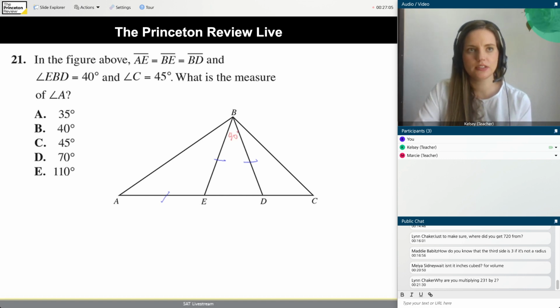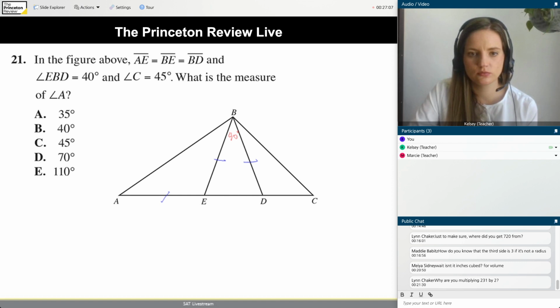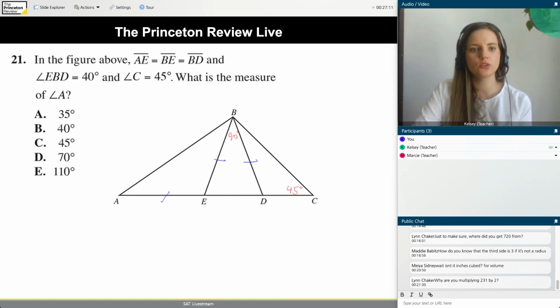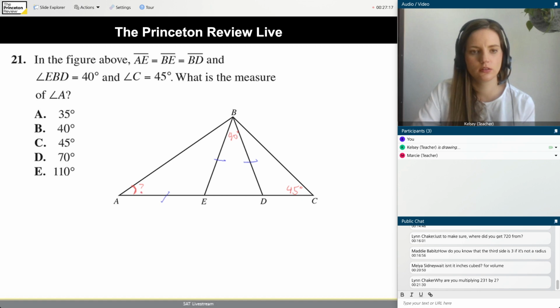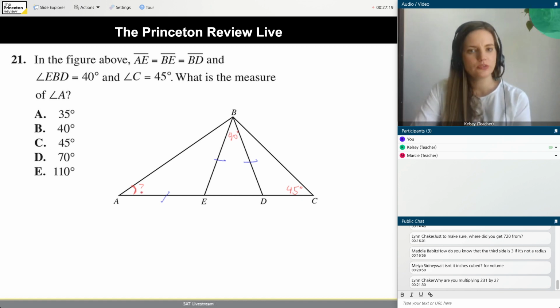And angle C is 45 degrees. Okay, and we're looking for the measure of angle A. This is our unknown. So we've got to start somewhere. There's a lot of triangles going on in here. And so we want to pick a piece of this where it looks like we have a lot